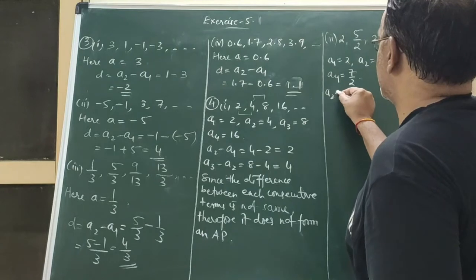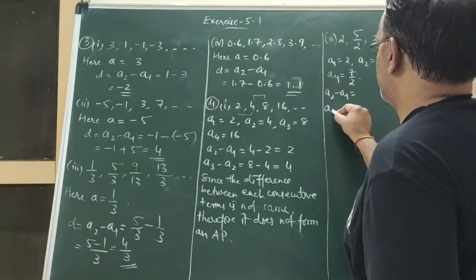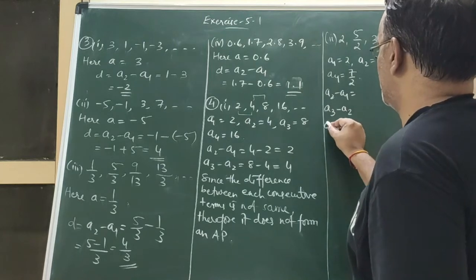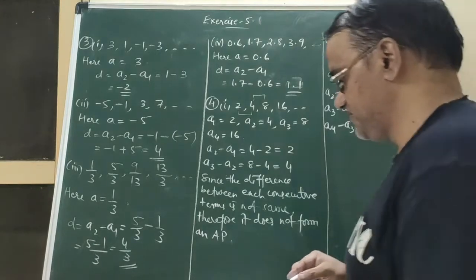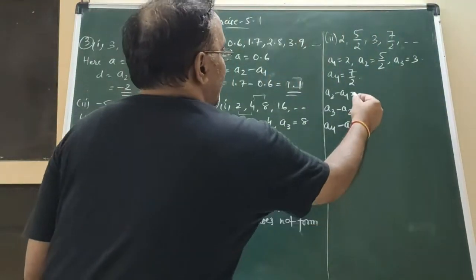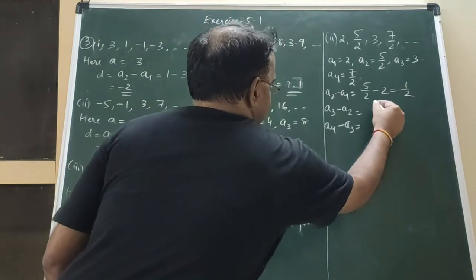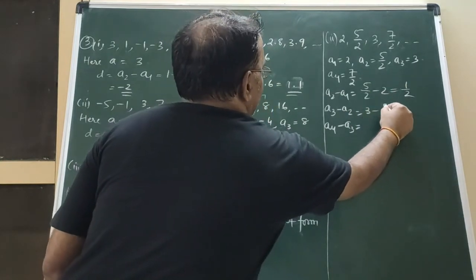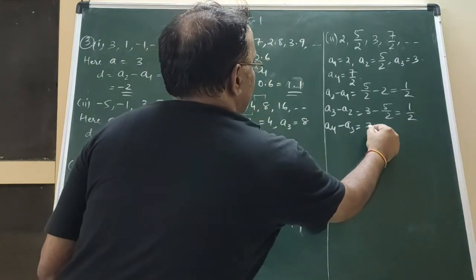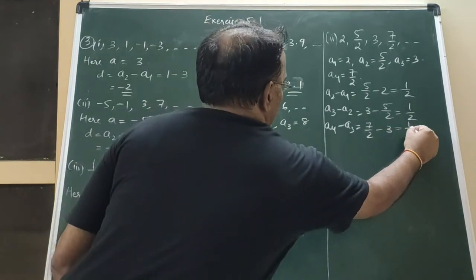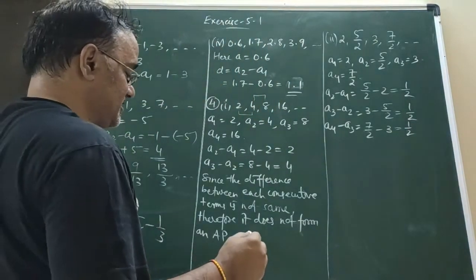So A2 minus A1, A3 minus A2 and A4 minus A3, these 3 differences we will find. First A2 minus A1: 5/2 minus 2 is half, and 3 minus 5/2 is also half, and 7/2 minus 3 is also half. Right? Now we'll conclude that since